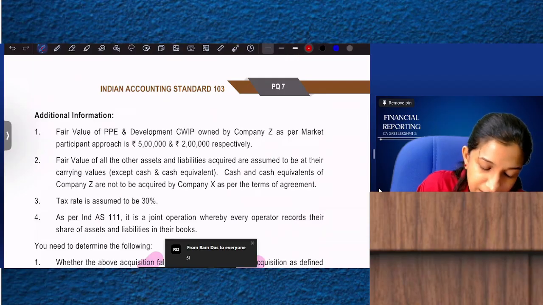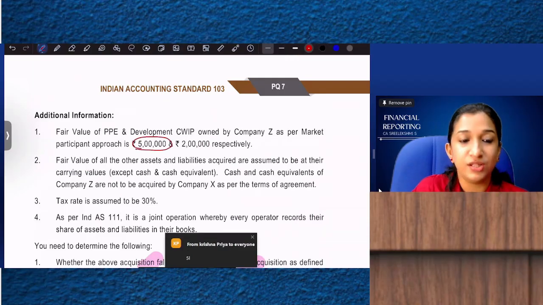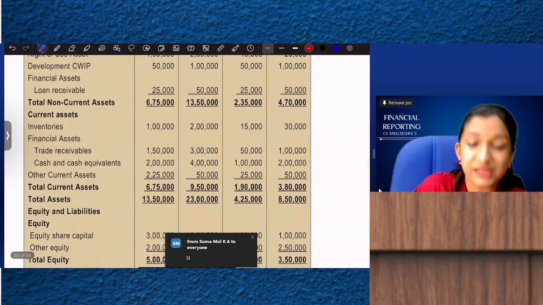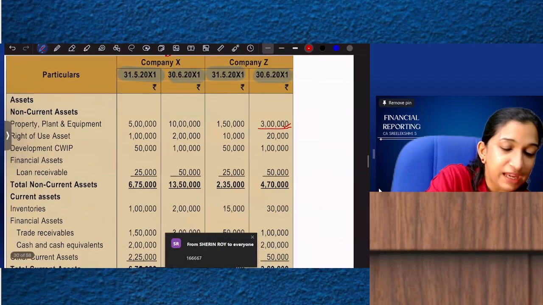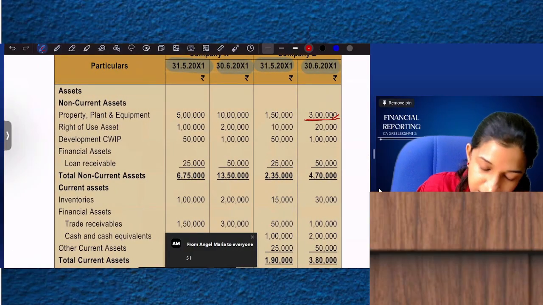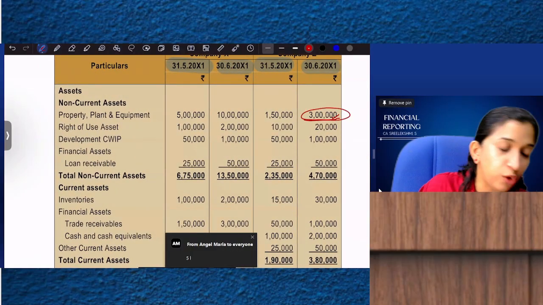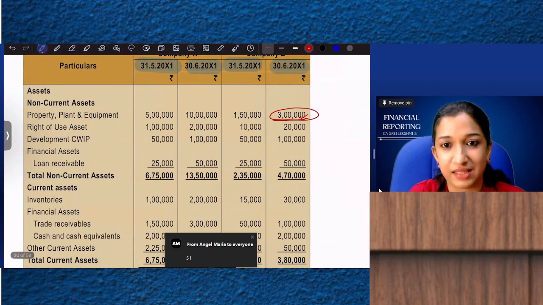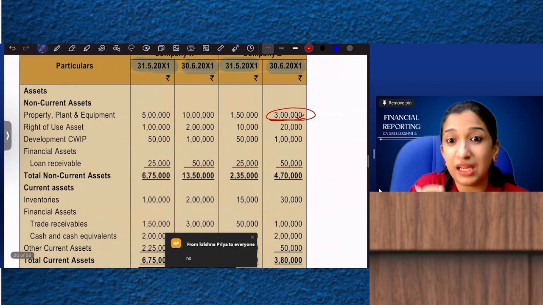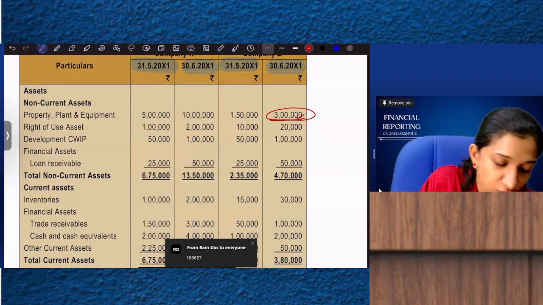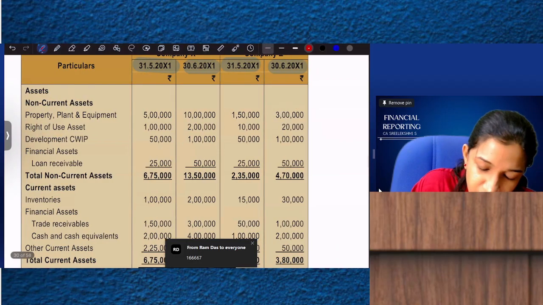Fair value of PPE is 5 lakhs. 5 lakhs is Z's share, of which you acquired 1 by 3. Can I take over entire 5 lakhs? No. We can debit only 1 by 3 proportionate share. So PPE debit